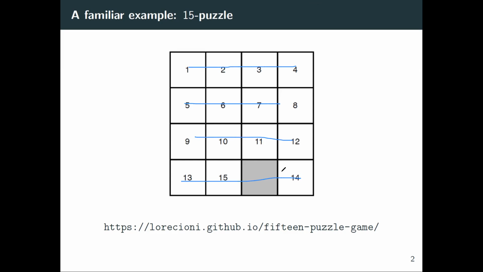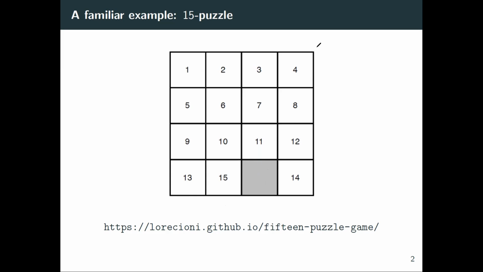If you notice in this figure, the only problem is that 14 and 15 are reversed. The only move you're allowed to do is to move a number into the empty square, and you have to do a sequence of moves so that you get all of the numbers in order. For those of you who know this game, the example on the slide is actually unsolvable. There is no way you can flip the order of 14 and 15 in this puzzle. I have a link here if you want to play the puzzle online, which is pretty fun.